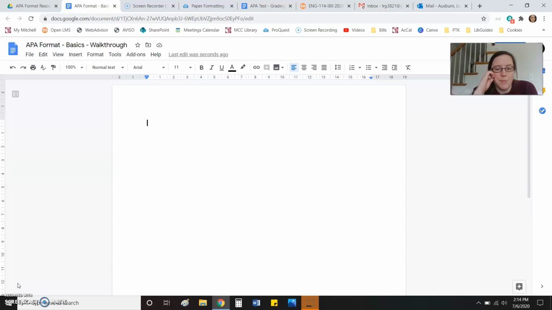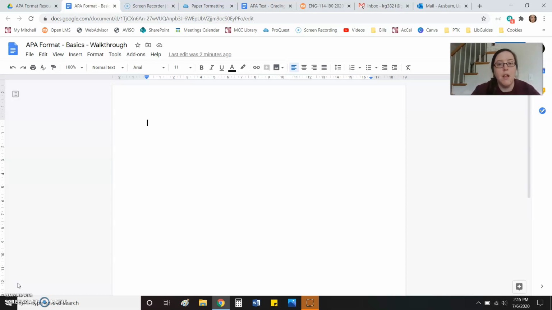I know that sometimes we have different formatting softwares installed on our computer. I love Google Drive because you can basically take it anywhere and all you have to do is log in. And then once you're finished, if your instructor doesn't allow you to share a link, then you can still download your file as a document or a PDF, which might be best if you have like a Mac or something like that. So this is just the basic stuff, and I'm going to walk you through 4 pages within an